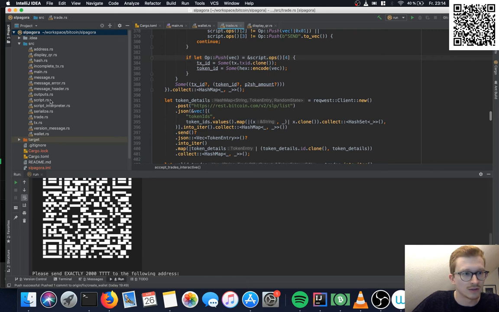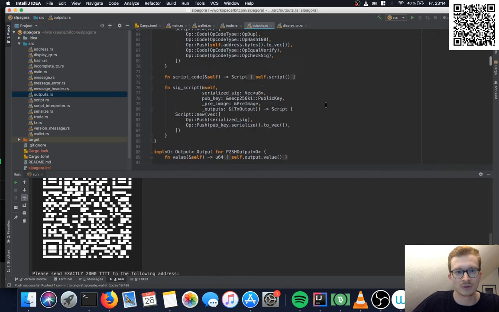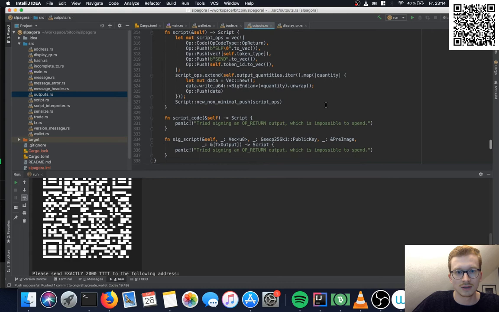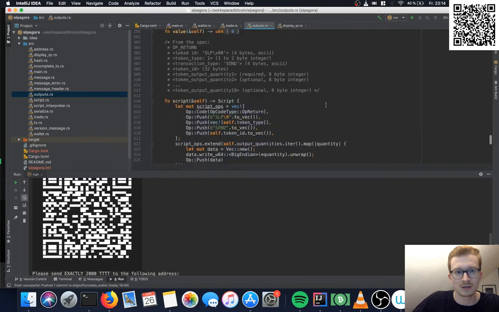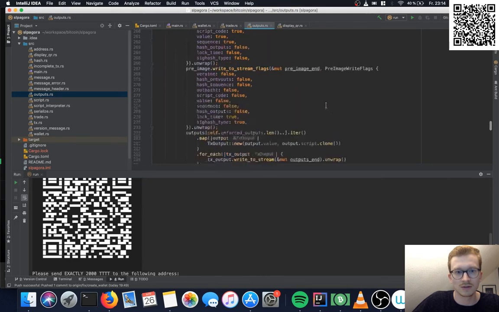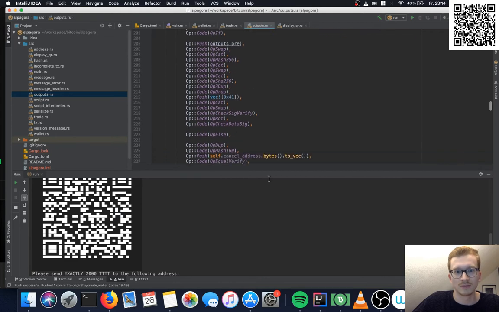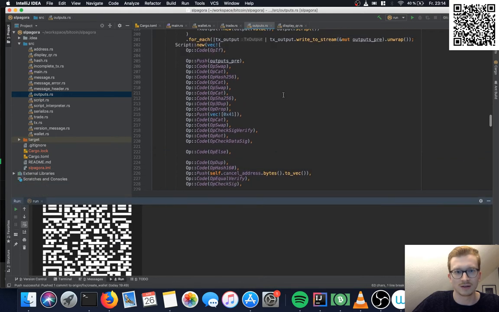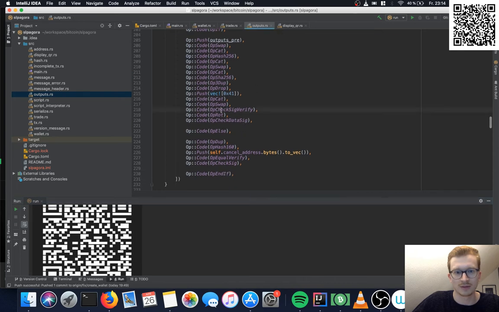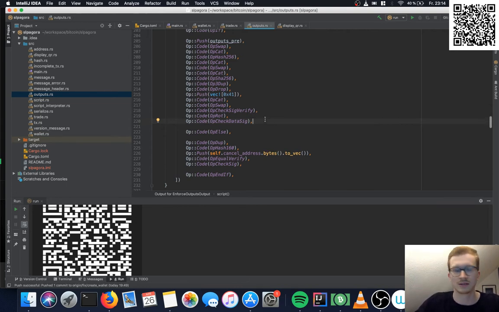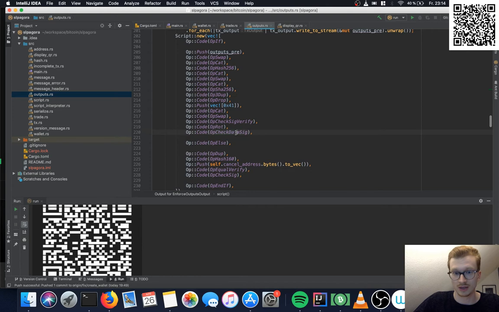We can see a small outline of the smart contract right here. It's basically an if swap, and the important part is the check sig verify and the check data sig, which enforces the contract on the transaction that's trying to spend. But we'll get into that later.